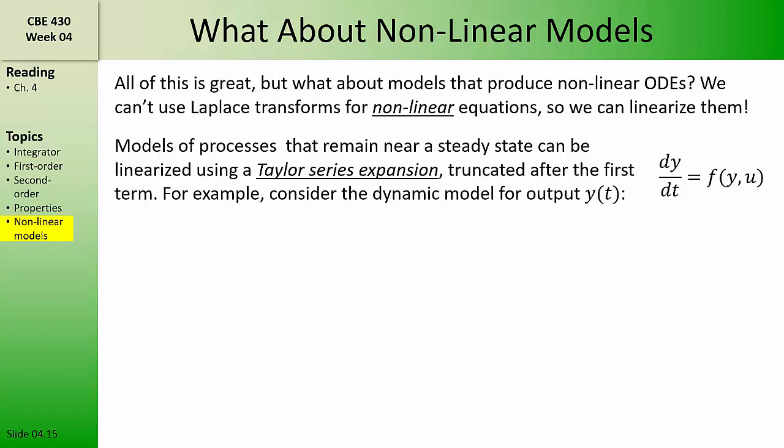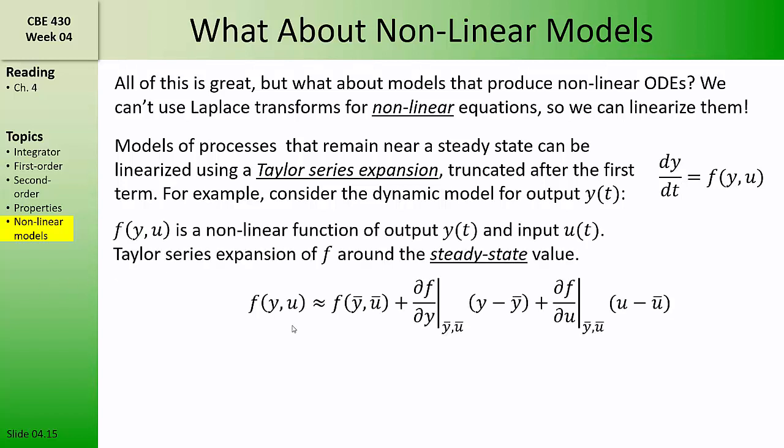linearize the equations, and then take the Laplace transforms of the linearized version. Models of processes that do not deviate very far from a steady state can be linearized using Taylor series expansions around the steady state, truncated after the first order term. For example, consider a dynamic model for an output variable y, where dy/dt is some function of y and other input variables u. The Taylor series expansion of f around the steady state approximates f of y and u